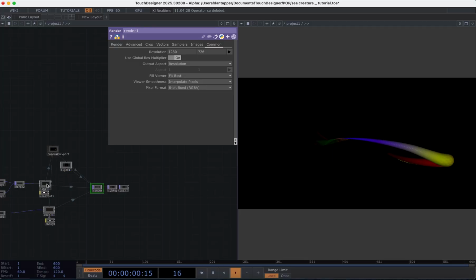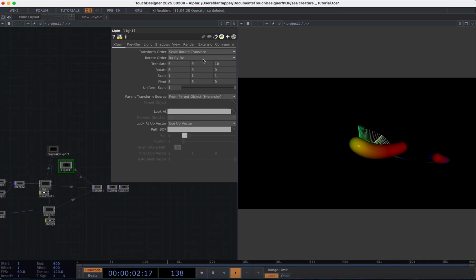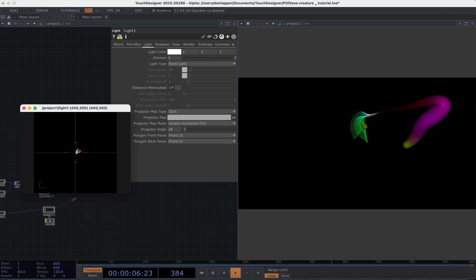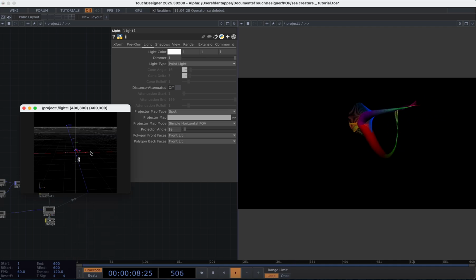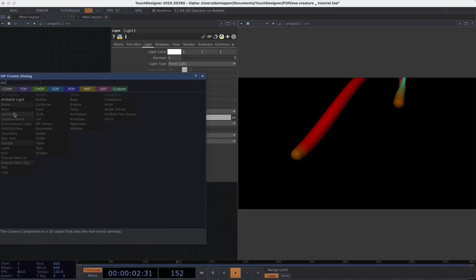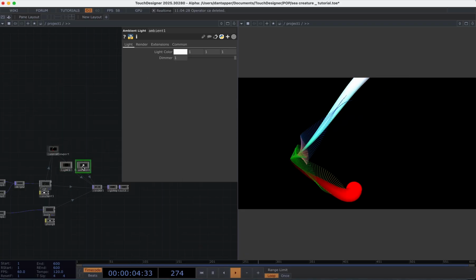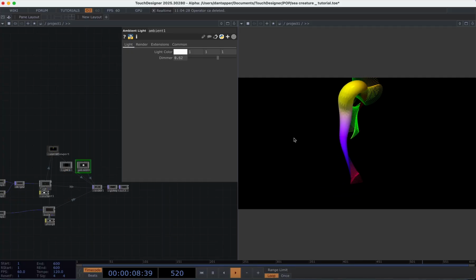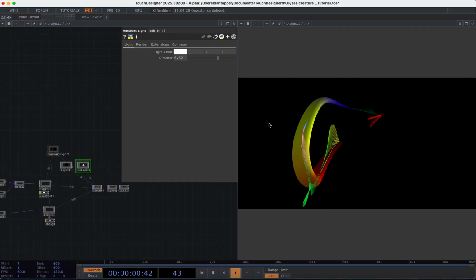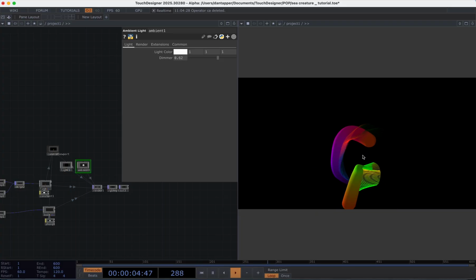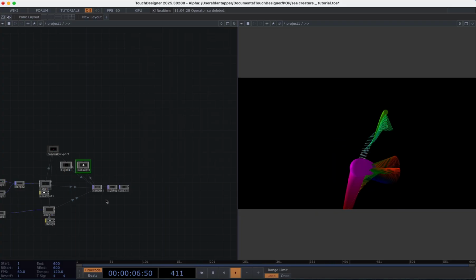I'm going to play around with the lighting a little bit. So I'm going to go in and maneuver the light around. And I also kind of like to add in a small ambient light as well and just have it at a low level. So I'm turning down that on the dimmer. So then you always get a bit of light kind of coming through. And so this is starting to look really nice and shiny and iridescent. What we want to do